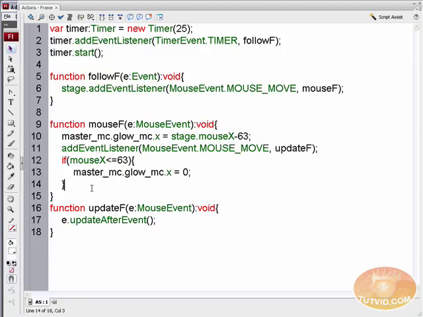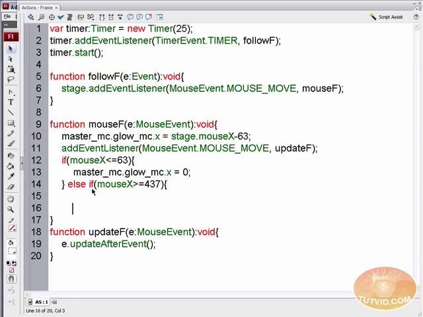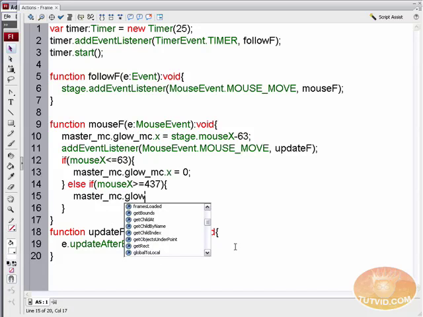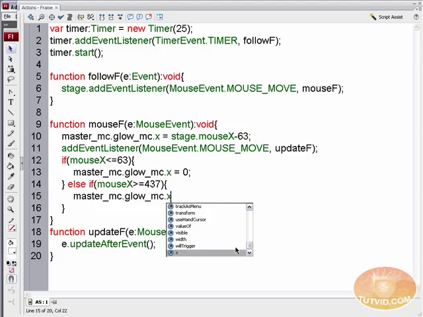All right, now after this, we're going to say else if open parenthesis mouse X is greater than or equal to, let me think, 437, close parenthesis, open curly bracket, enter return twice, close curly bracket. So if it is greater than or equal to 437, which again is, we've got our offset happening, that's 63 pixel offset. So if it is greater than that, we want master MC dot glow underscore MC dot X to equal,